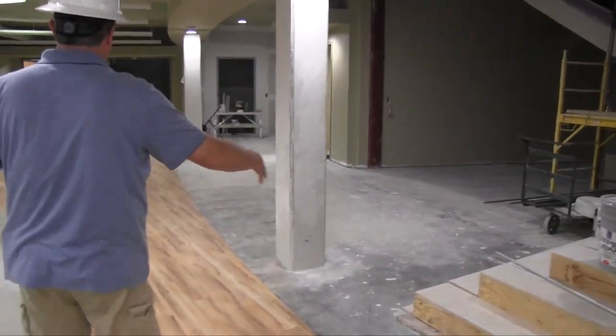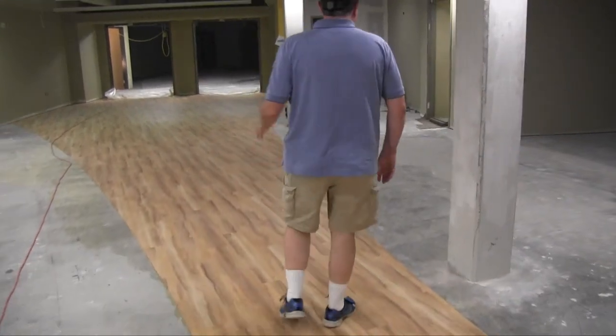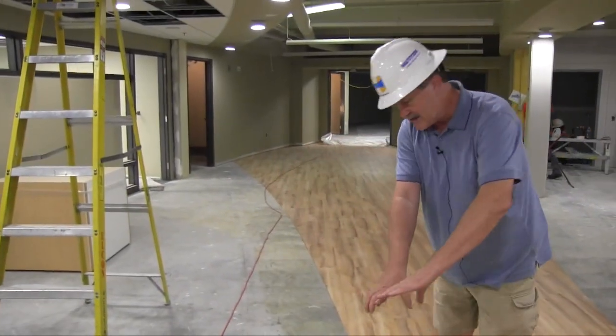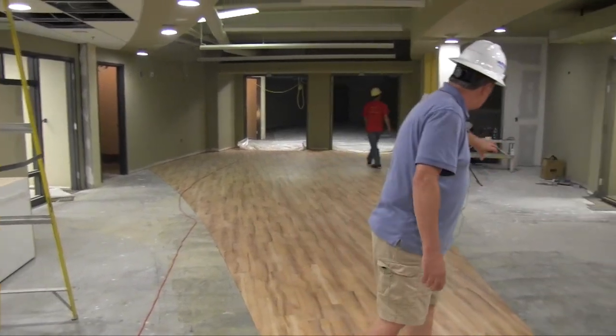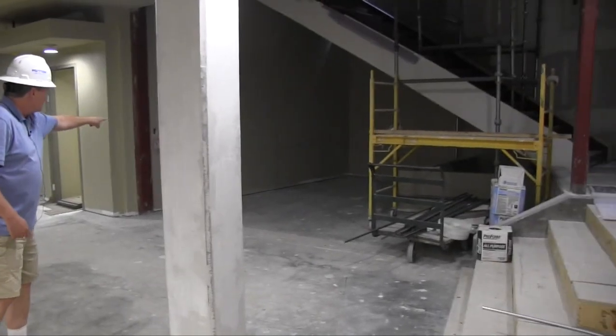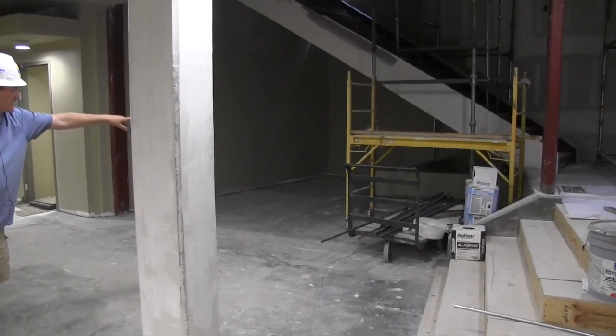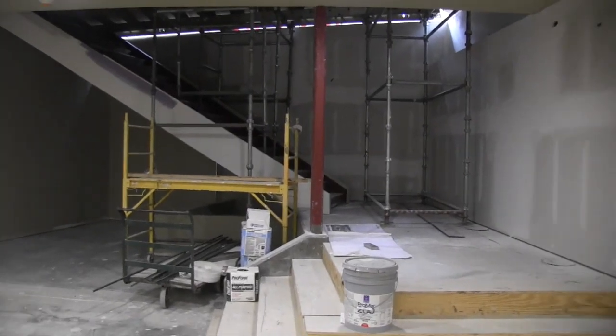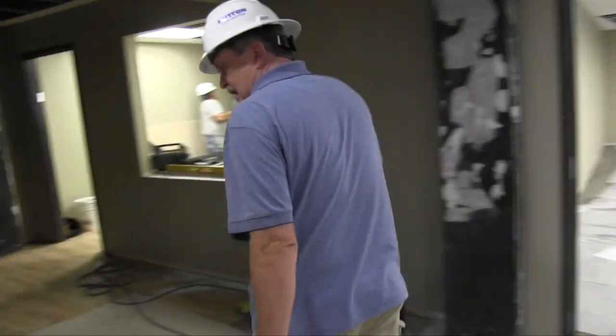You can see how this vinyl floor goes out this way. Then on either side we have some carpet, there's actually an accent strip and another accent strip, and then another color that goes back in here, and there's some built-in seating that goes along that wall back there, and comes up into the stairway to be completed. And back around this way, we have